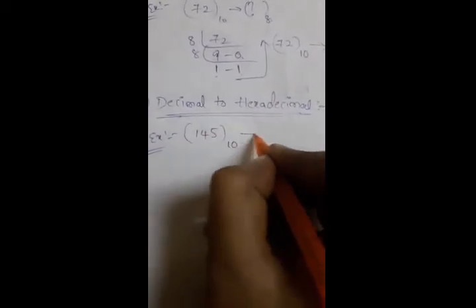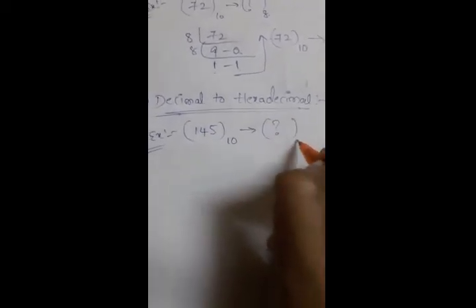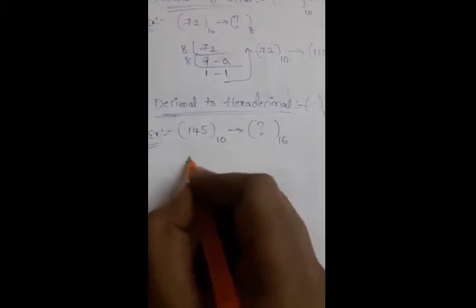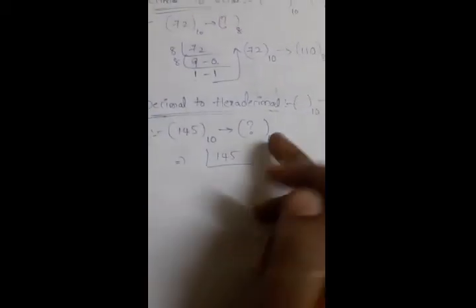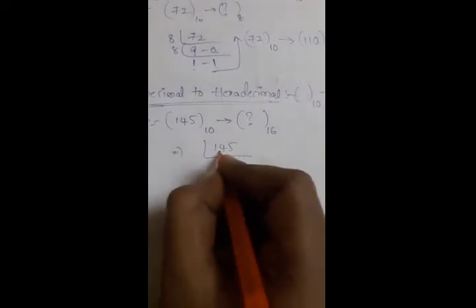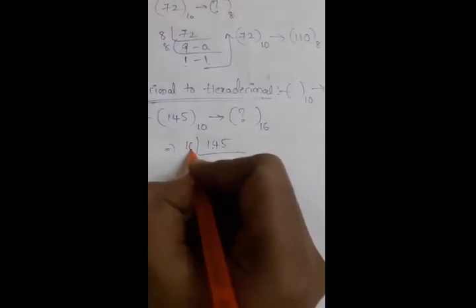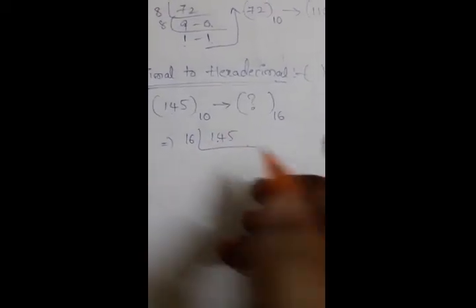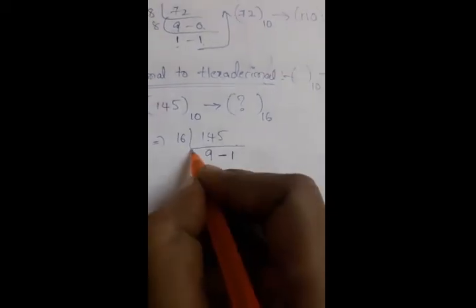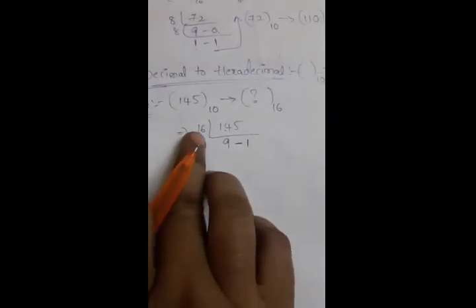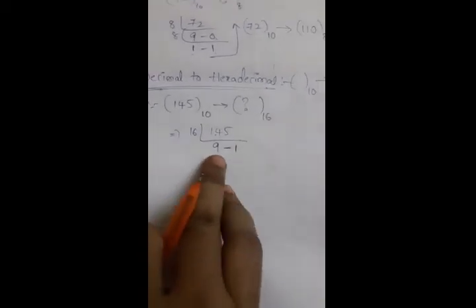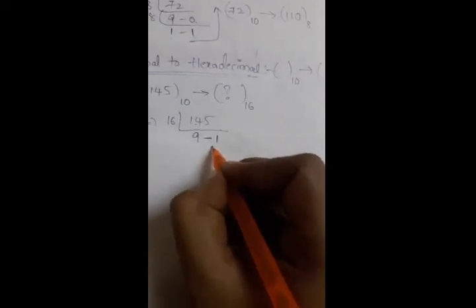So this is our decimal number. This number will be converted to hexadecimal. We don't know exactly what the hexadecimal number of this decimal number is, so I can follow one procedure here. Whatever the base is, that will divide this number, right? That is 145 will be divisible by 16. Okay, in the 16 table 145 is possible, that is 16 nines are 144, so the remainder will be 1. Okay, so again the 9 is not possible in the 16th table, right? It's a lesser number, so that's why it's not possible. Directly we'll write the result.